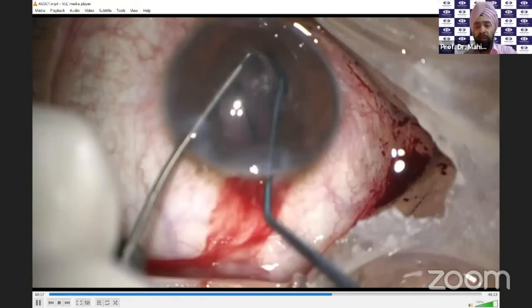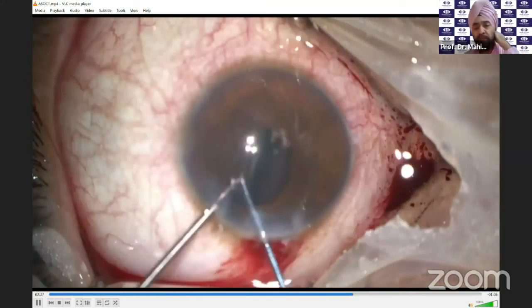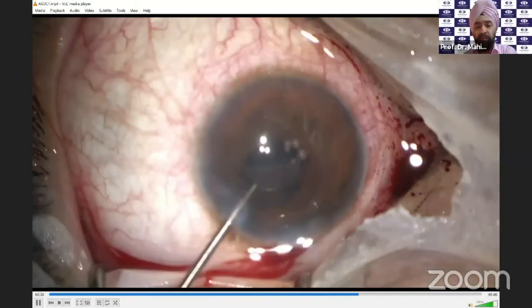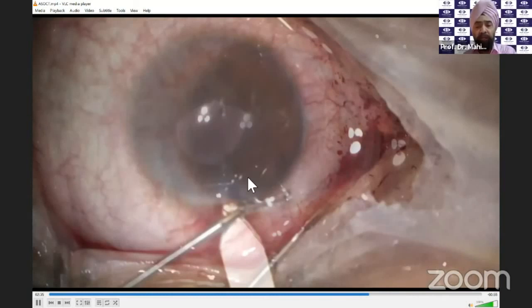So either I call my retina person, and I use the Y of the manipulator and try to get this, and you can see that I am able to hold the lens now. So I am able to hold the lens at this particular point, and from the haptic, and try to bring it out. And once I have a haptic, now I can take a deep breath and understand that things are all right at this particular time.